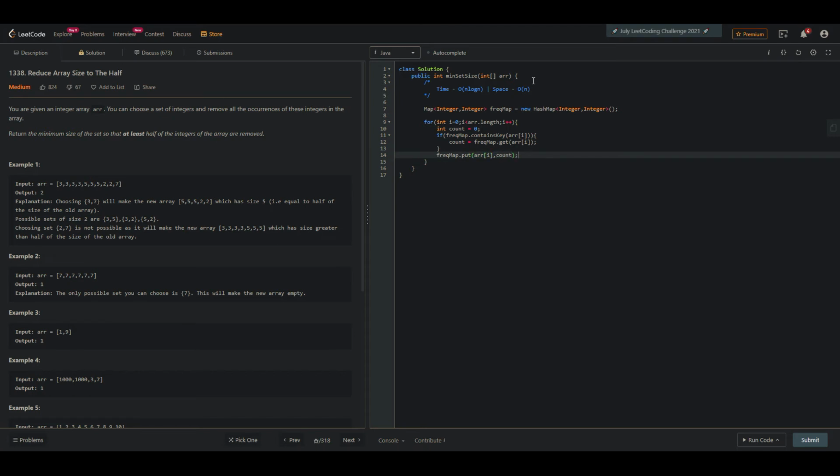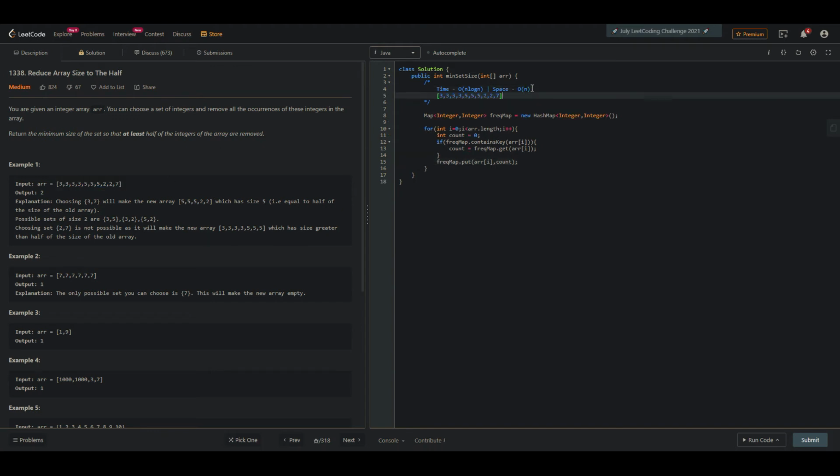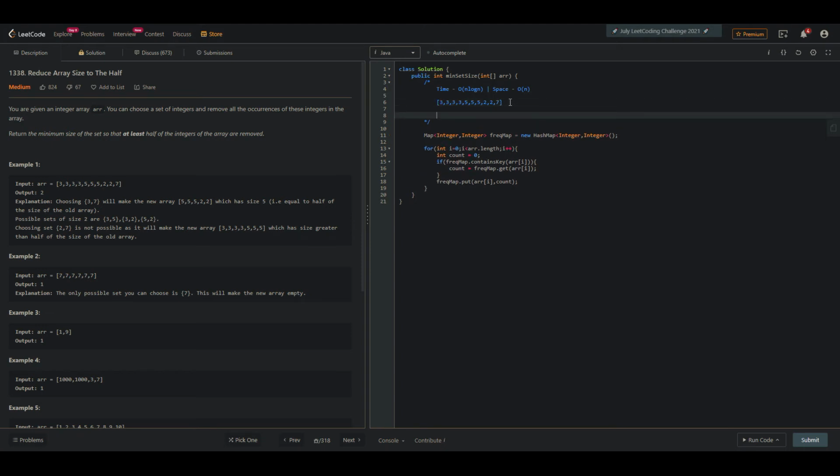So if you see, what we are exactly doing here is when we are iterating over, let me copy this input so that I can easily show you what I'm exactly trying to do here. I'm trying to go through each element. So when we put the first element in the map, it will be like 3 comma, as we don't have any inputs in the map, the count will be 0. So actually I missed one point here, that is plus plus. So we are incrementing the count. First the count will be 0 for the first time when the map is empty, and before inserting we are incrementing it to 1.